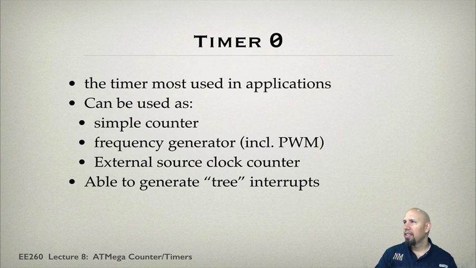Well, let's dive into timer 0, just as an application. This is the timer used in most applications. It can be used as a simple counter. It can be used as a frequency generator, including pulse width modulation. It can serve as an external source for a clock counter, and it can generate three interrupts. Okay, so three interrupts,